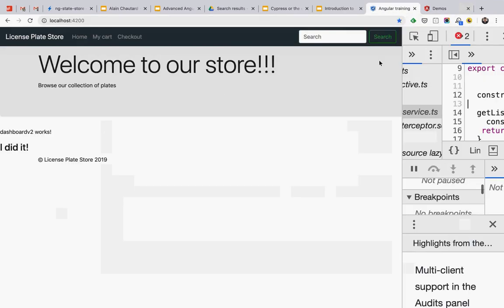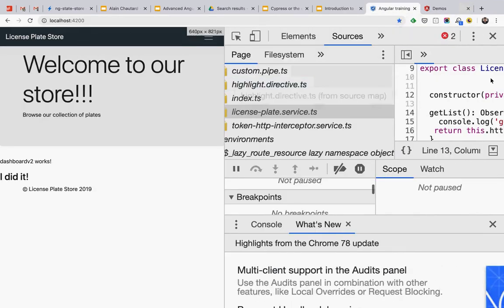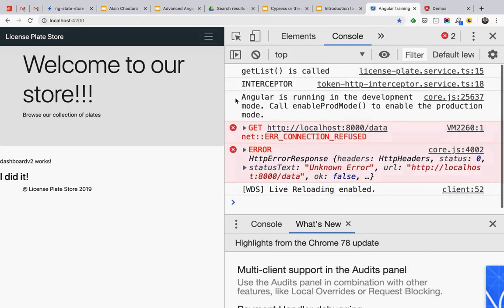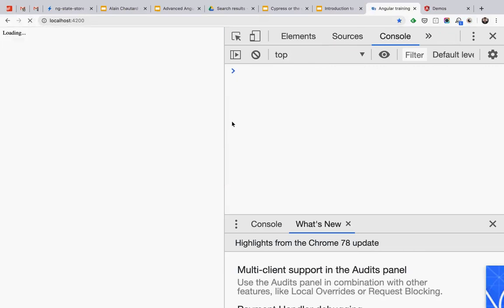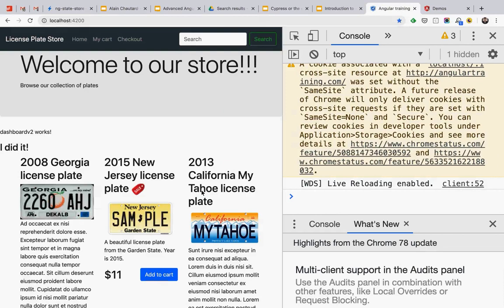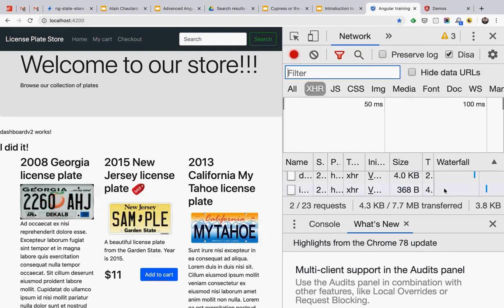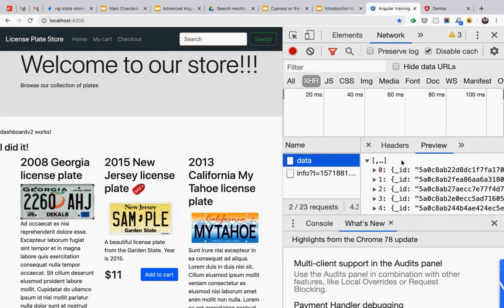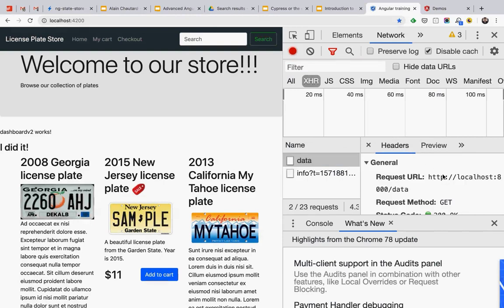And now I go back to my store, and we don't see anything yet. Looks like I got an error, but I think it's just a refresh issue. Yeah, it's run before my server was started. And now that's my data. But this data here looks the same as before. Only difference is it now comes from the server, which we can see from the network tab in here. Yeah, that was my request to localhost/data.